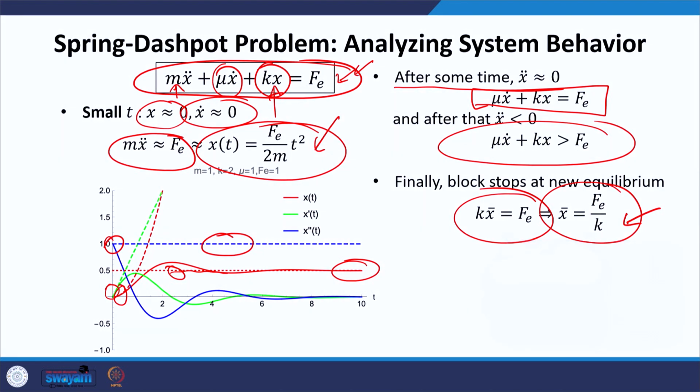So, with that, I want to conclude this lecture. I have taken an example of a Spring-Dashpot system, and I demonstrated a fundamental model for this system. I told you how we can analyze the system behavior. In the next class, we will look at the same system, but will develop the models which are empirical in nature